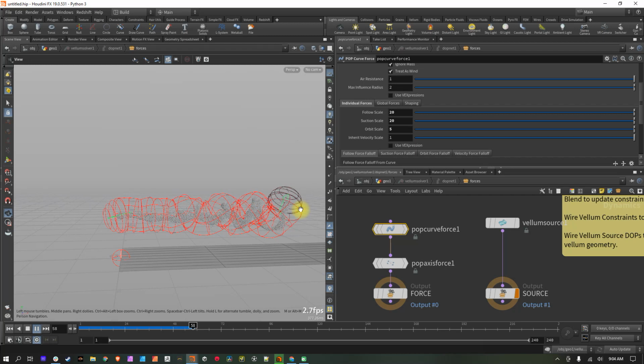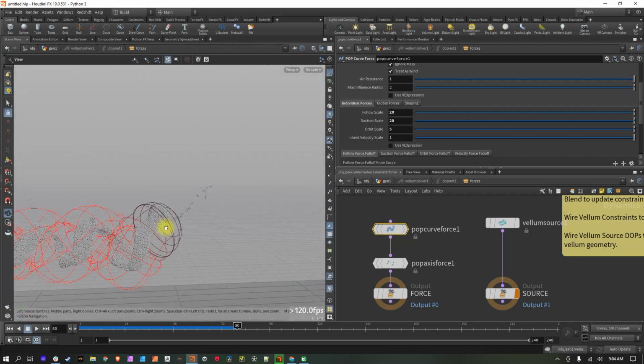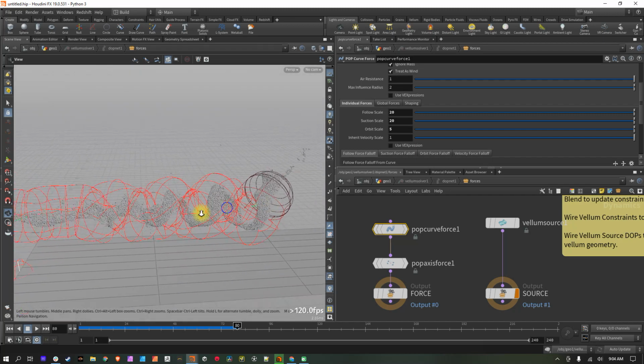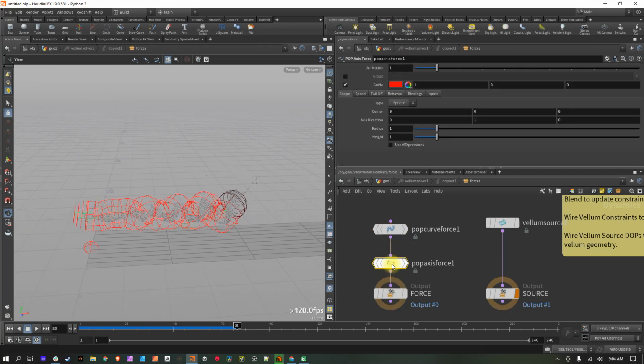And then you can see when it gets to the end, we should give it a few more frames here, that curve force basically stops, and it just sort of lets go of those vellum particles to do what they want to do. And what we're going to do now is we're going to grab those once they are at the end there. So that's where this pop axis force comes in. With this tiny little axis force, I'm going to make this bigger first of all. I think I did that wrong. The height I wanted to be 5, and then the radius be 1,